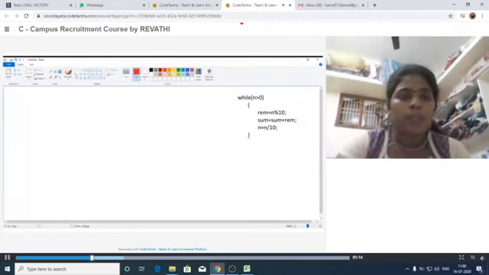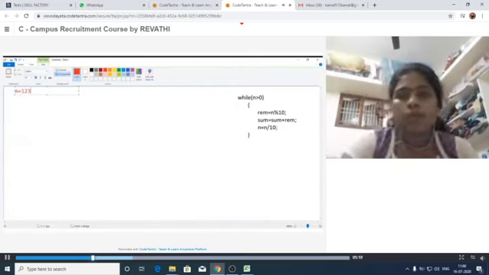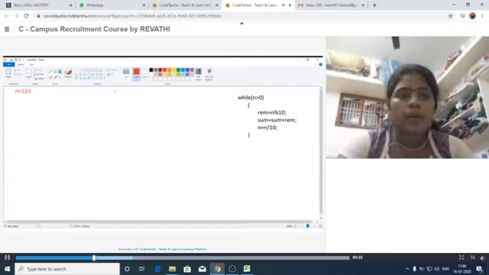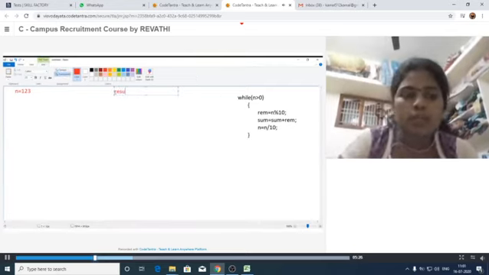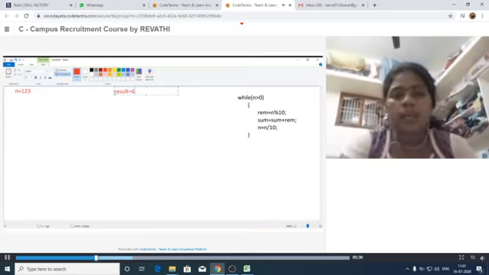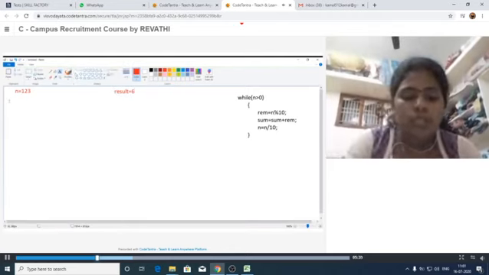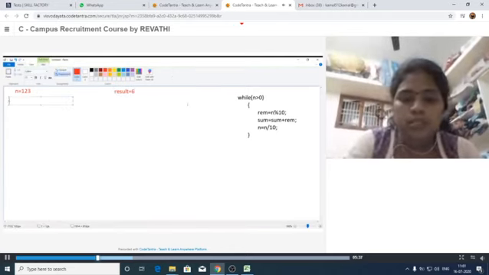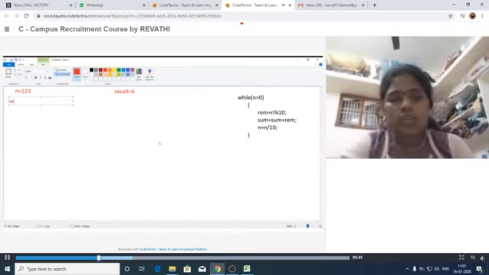Now we have to run this. First of all, I am taking the input value as n is equal to, for example, 1, 2, 3. Our expected result is 6. Am I right? That means 1 plus 2 plus 3, that is equal to 6, we are expecting.